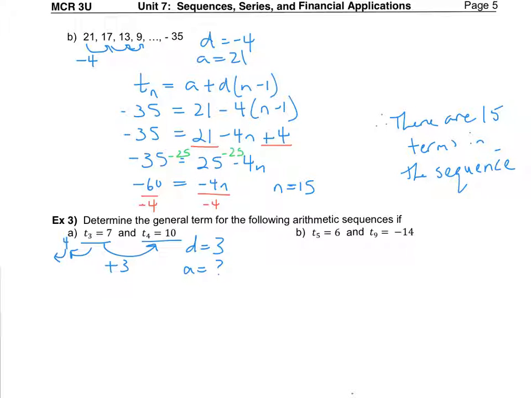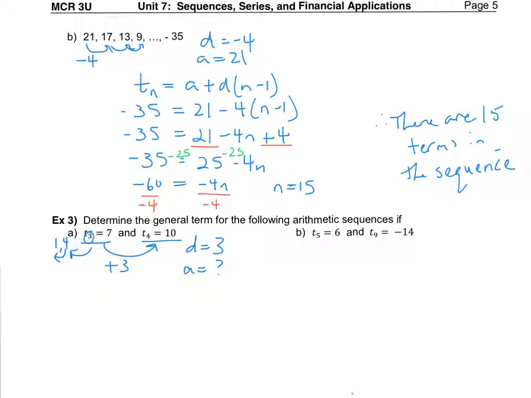And subtract 3. That will take me down to a 1. Okay, so this is easy enough because you are only like 2 terms away from term 1. So A we can figure out pretty quick. It's going to give us a value of 1. If I gave you like term 67 and term 68, it's going to take a little bit more time to